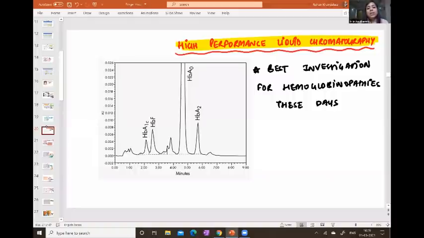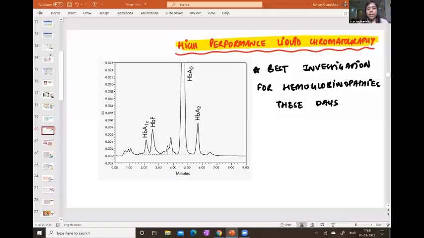I directly know that the answer is going to be beta thalassemia minor or beta thalassemia trait, right? So you don't have to interpret the electrophoresis strip. You can directly tell, looking at the various percentages, whether this patient is normal or abnormal. These days, this is considered one of the best investigations to diagnose various hemoglobinopathies. That's another thing which you need to know, right? Next.